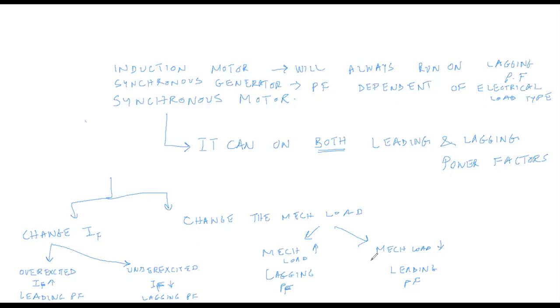The other mechanism to make the synchronous motor run with a leading or lagging power factor is to change the mechanical load. If you increase the mechanical load, the motor runs at a lagging power factor, and if you decrease the mechanical load, the motor runs at a leading power factor. Obviously, out of these two techniques, one is easier than the other, because if the motor is driving a particular load, maybe installed in an industry, you cannot change the mechanical load. If the motor is for some special purpose, you have to use that same mechanical load, irrespective of whether the motor runs with the leading or the lagging power factor.